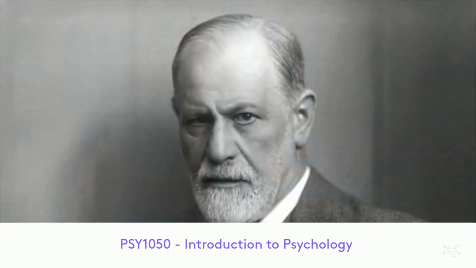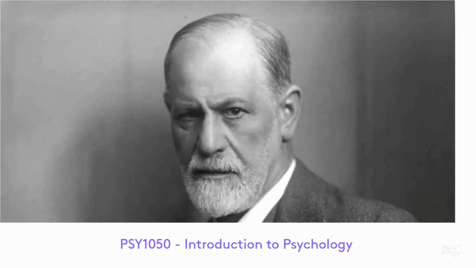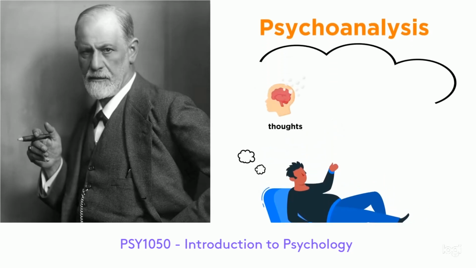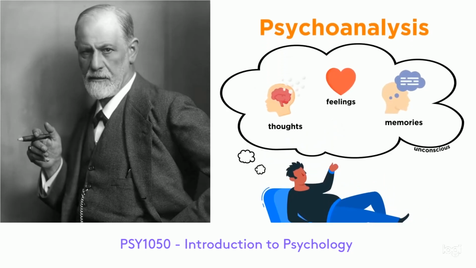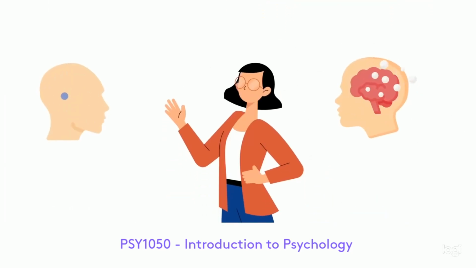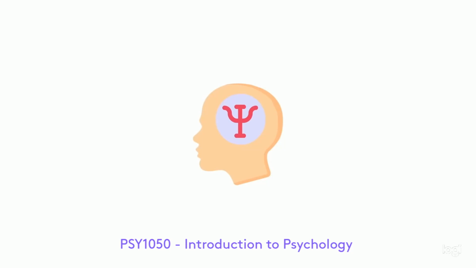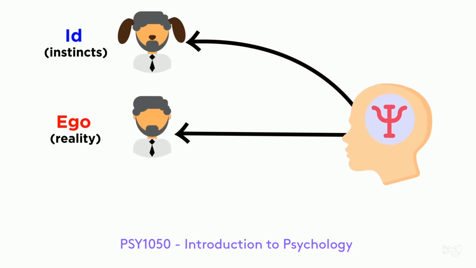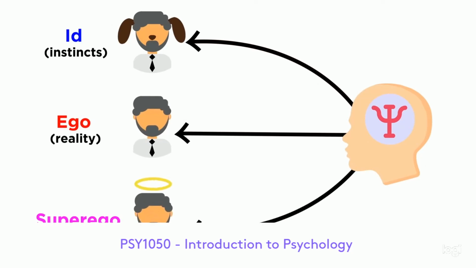The neurologist Sigmund Freud created his own theory of psychology in the late 1800s and early 1900s. He is the founding father of psychoanalysis, which focuses on the role of unconscious thoughts, feelings, and memories in understanding behavior. Freud theorized that these unconscious thoughts and forgotten memories controlled literally everything that a person does. In Freudian psychology, the psyche is made up of three parts, much like what Plato believed in ancient Greece. To Freud, these three parts were the id, or instincts, the ego, or reality, and the superego, or morality.